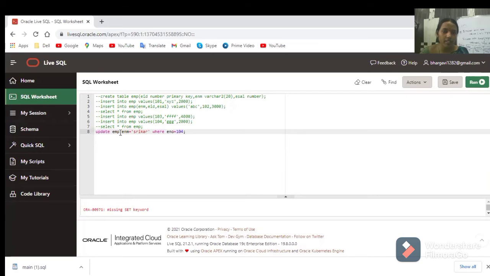Sorry, here we have SET. Employee table name SET. SET is the keyword in the syntax. UPDATE employee table SET this one. Say run. Sorry, here employee ID is there. I have given employee number. So column names must match, and remember that. So one row updated. Now we'll check whether the row is updated or not.